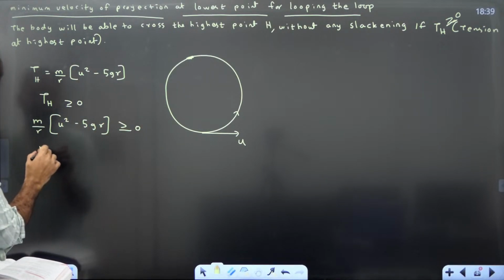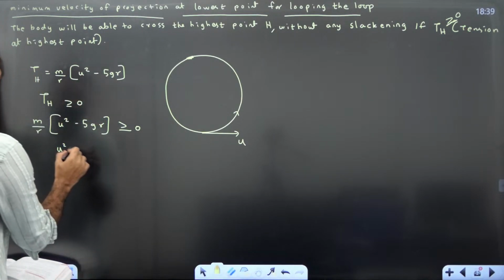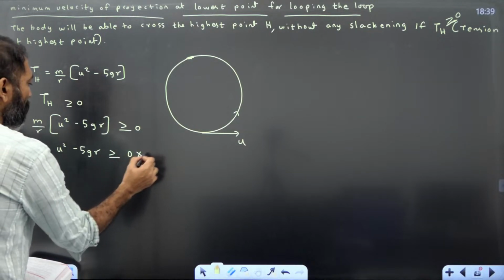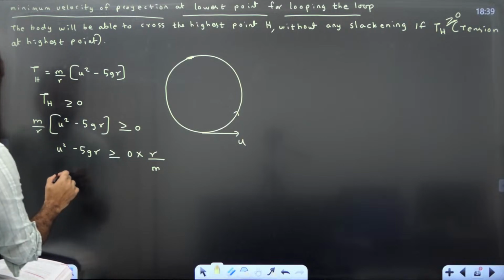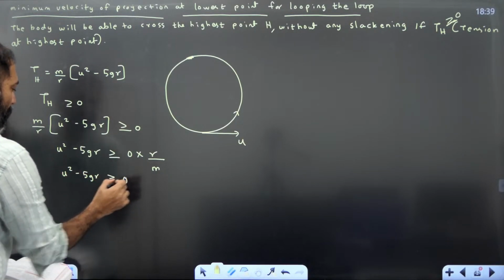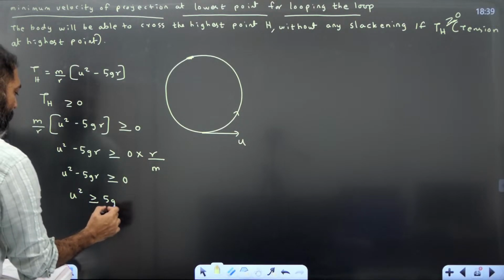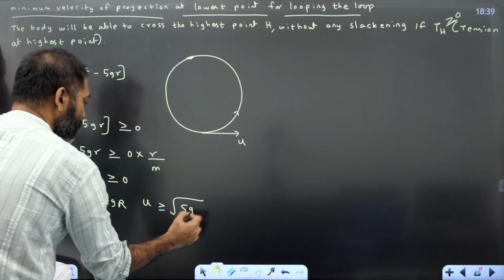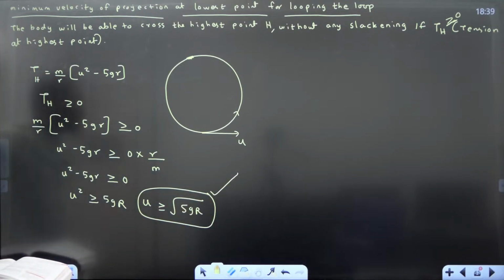That means, taking the limiting case, u square minus 5gr greater than or equal to 0 into r by m. m by r moving to the other side becomes r by m. So u square minus 5gr is greater than or equal to 0. That means u square is greater than or equal to 5gr, that is u greater than or equal to root 5gr. So what is the minimum velocity of projection for looping the loop